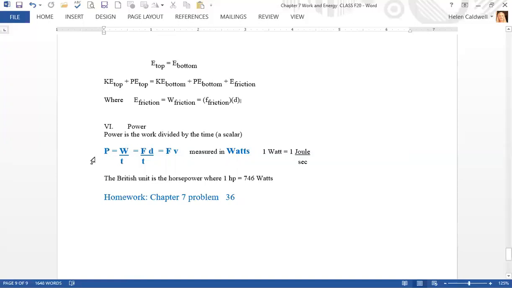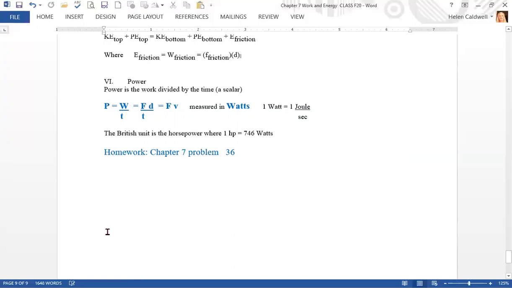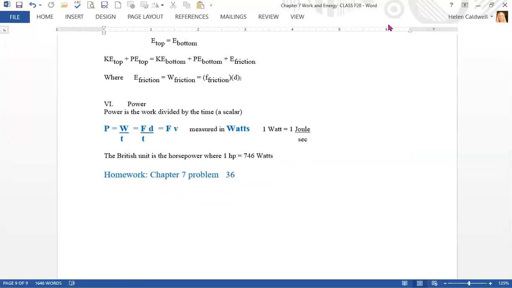Be sure to do your example, your homework problem and your study guide problems on power, because there's almost always a real simple question about it. And this finishes our chapter. So we will stop and we will